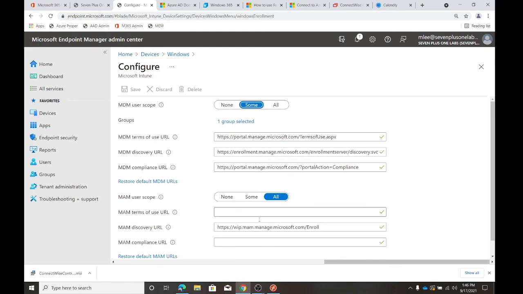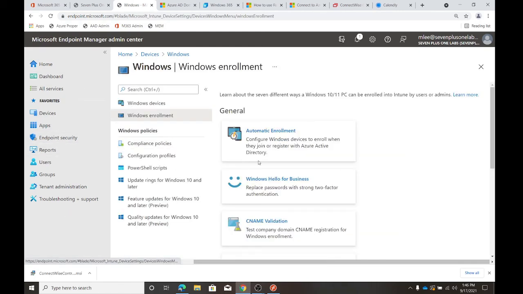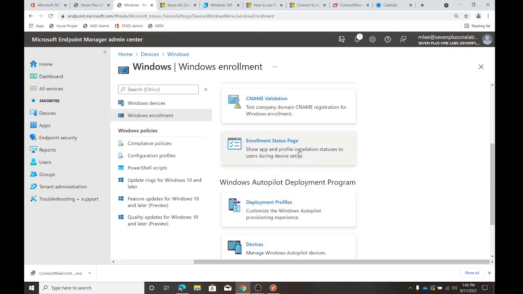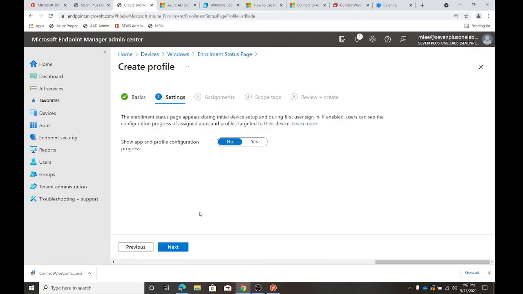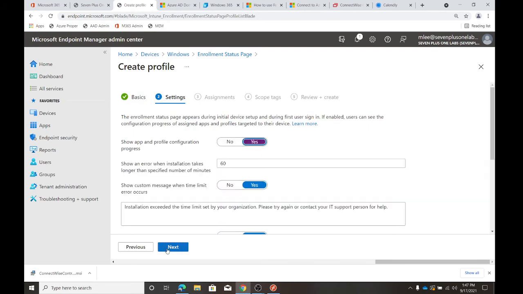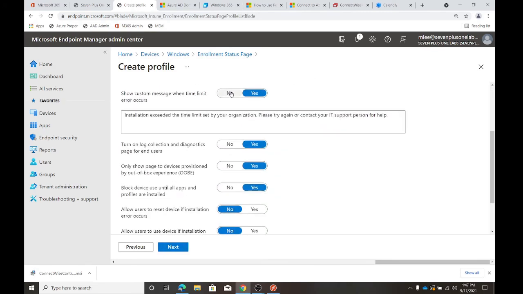All right, so let's go back to our handy-dandy Windows enrollment status page, create new. Matt, delete me. If I was smart, I would have done that in another tab. Not though. Settings: show app configuration profile, 60 minutes. Show custom message. So this gets,